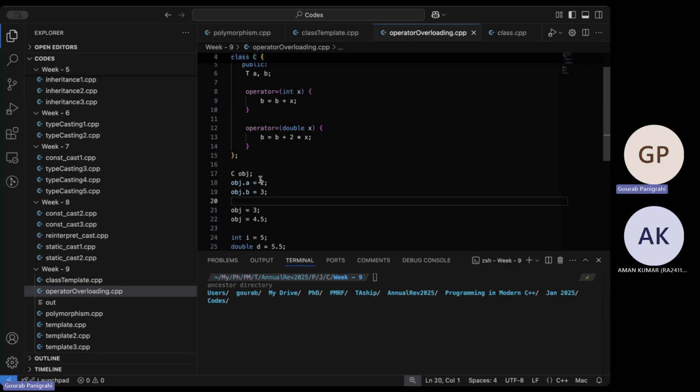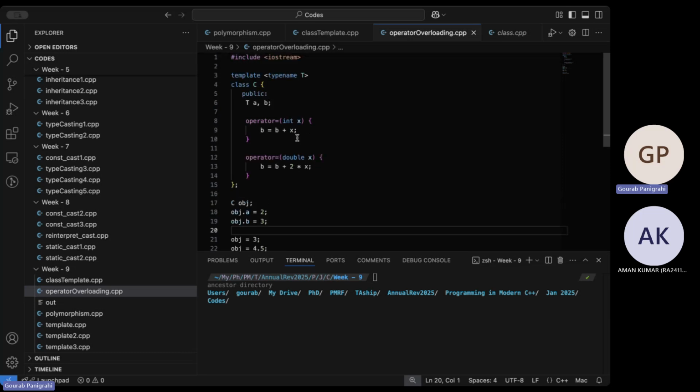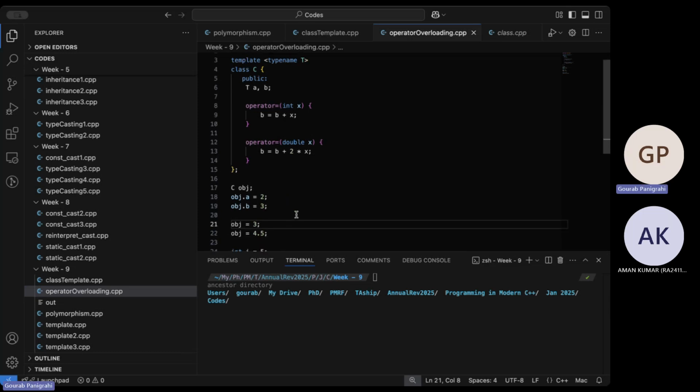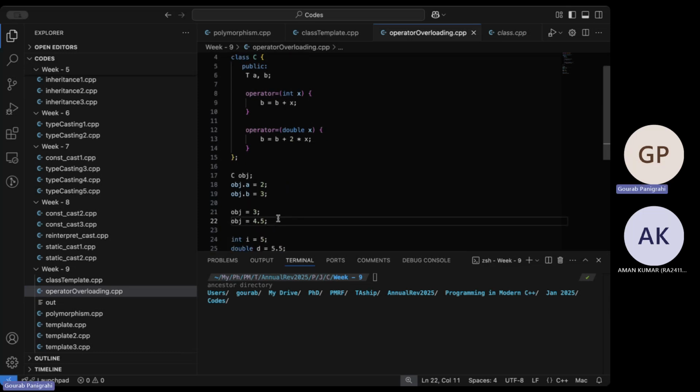The object's a was set to 2, and b was set to 3. And when I call equal to, the object's equal to takes the input as an integer and uses this definition. So because 3 is an integer, it will set b equals to b plus x. Same with the second one, but this time because it is a double, it will use this definition.